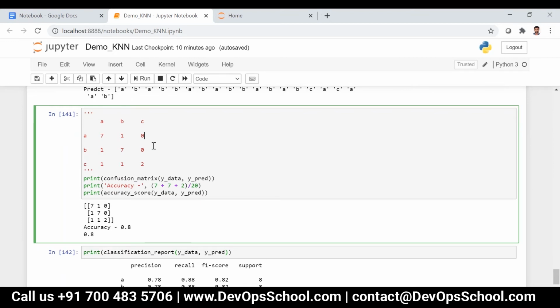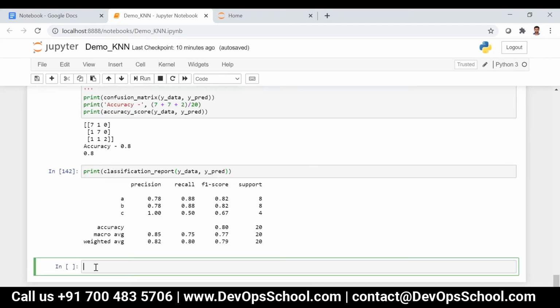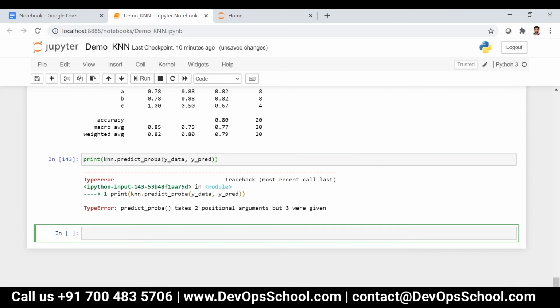And if you see that, I'm not sure whether predict probability is there with this. Let's try that. Okay, it is there. Predict probability. So I can just write of y_data and then y_pred.